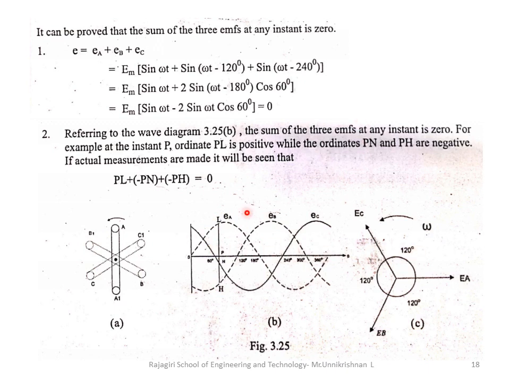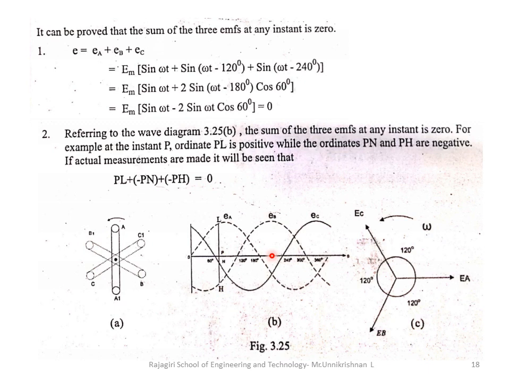So while you keep a scale at this point, the LP, PN and NH are marked as per the figure. Now can you find the total arithmetic sum? You can just take the distance or the voltage. So LP minus, so here you can write PL. Okay, PL minus plus minus of PN minus NH. So altogether you will be seeing that it will be 0.